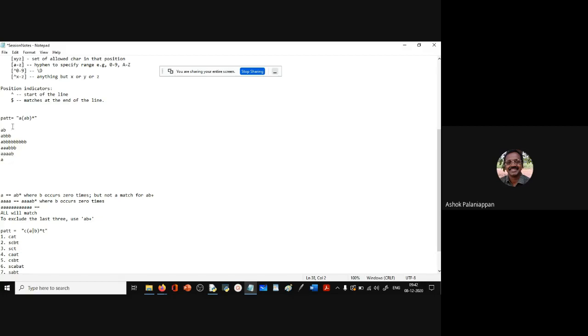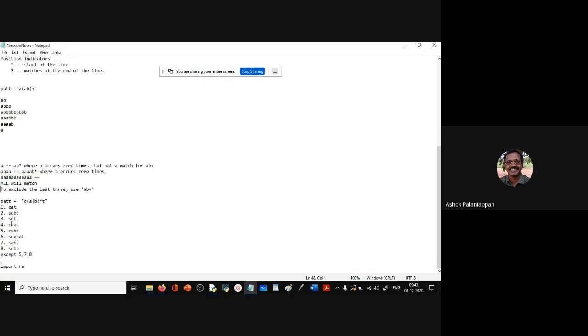Now, sixth will also match, because in the sixth, AB is occurring. Starting there is A, but for AB in parenthesis it can be 0 or 1 occurrence. Okay, so it's occurring 0 times, so A will also be matched. All right. So now, if you want to exclude this A and all those things, then what we have to do is say it has to appear at least once. Then these matches will be eliminated. Okay, so that is the instruction given here.